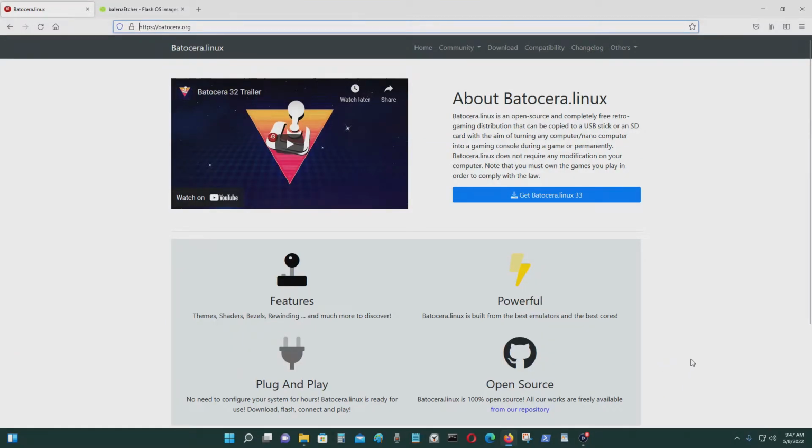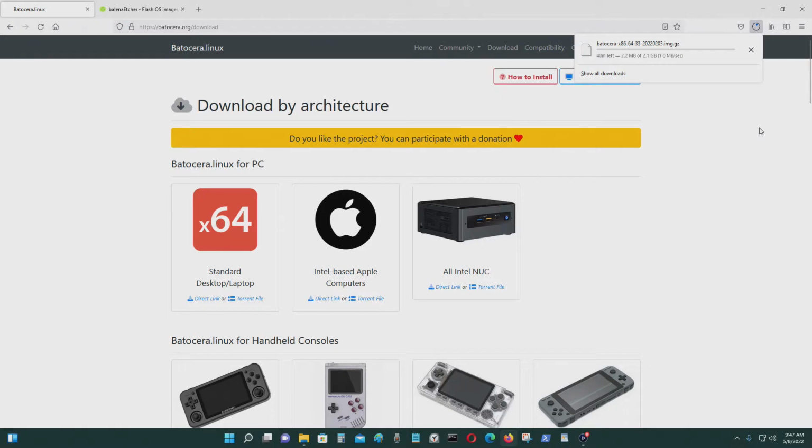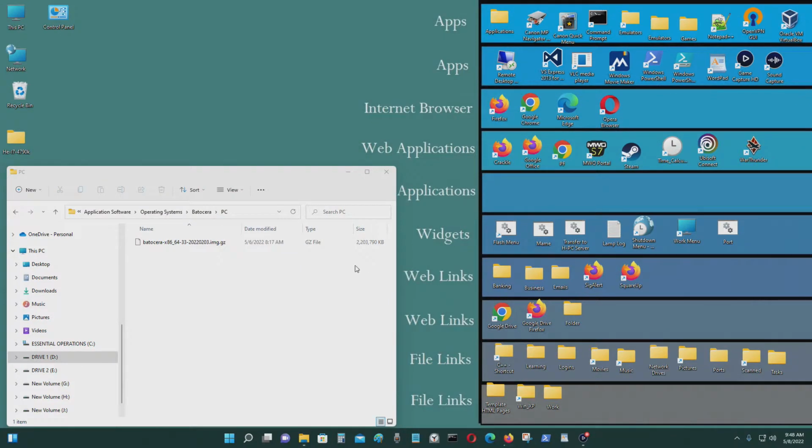Next thing you'll need is Batocera Linux. Go to Batocera's website, go to download, and you have to select this one right here. It's a 2.1 gigabyte file. So depending on how fast your internet speed is, it's going to take anywhere from maybe 3 to 10 minutes. Okay, now I downloaded it, and now